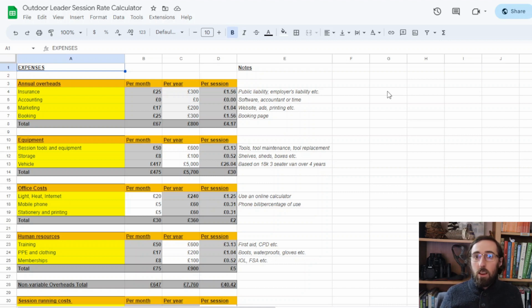Second thing is, I am not an accountant. This is not legal or accountancy advice. If you're unsure about any of this, any of the calculations, do your own research, get advice from an accountant, and so on. This is all my own opinion, the way I do things. As far as I know, it is all correct and above board, but as I said, do your own research.